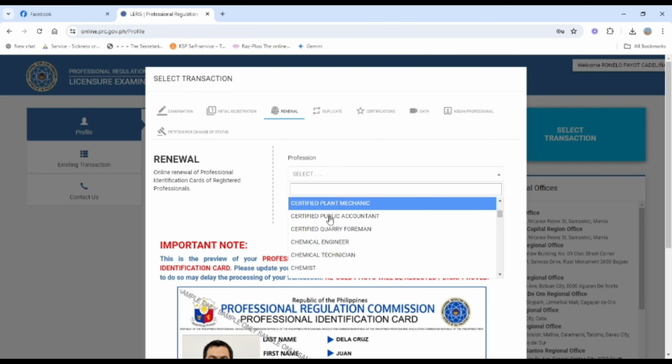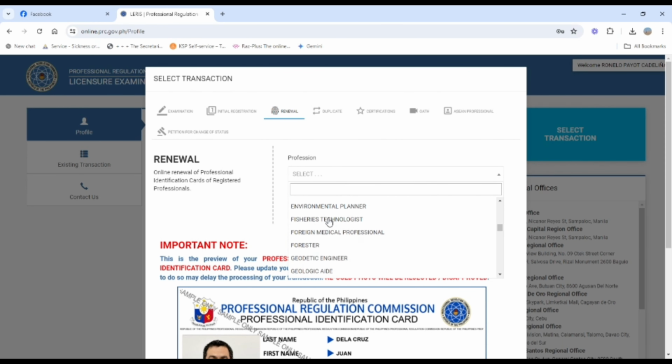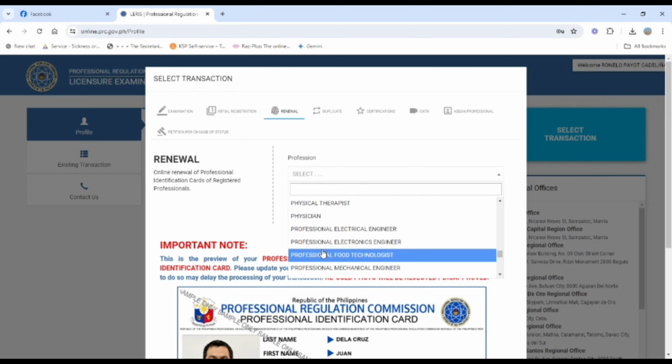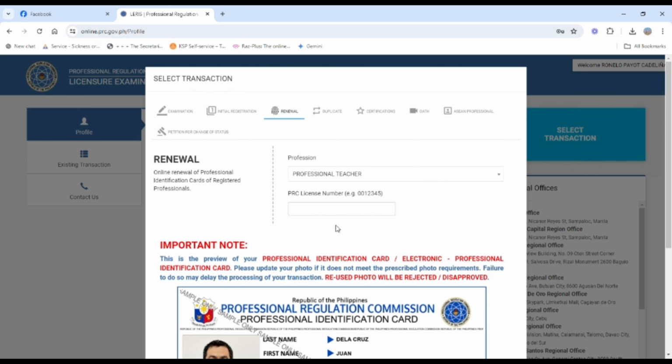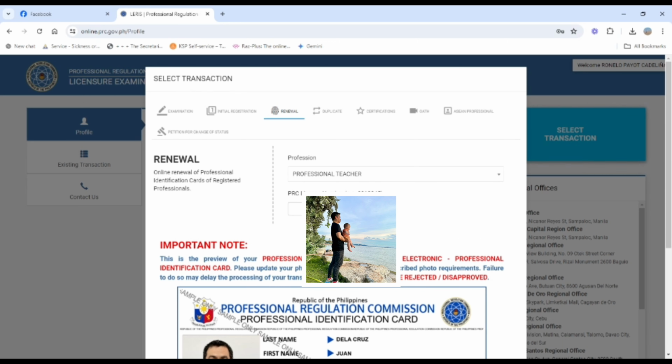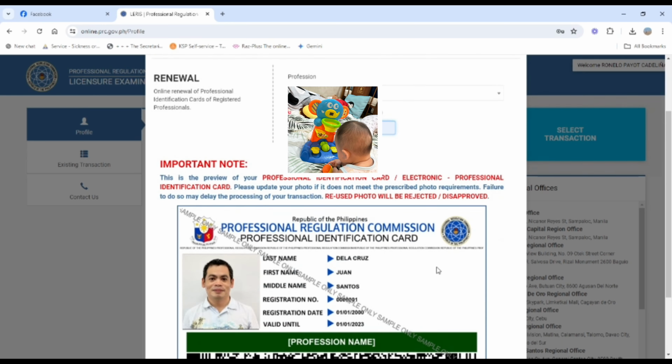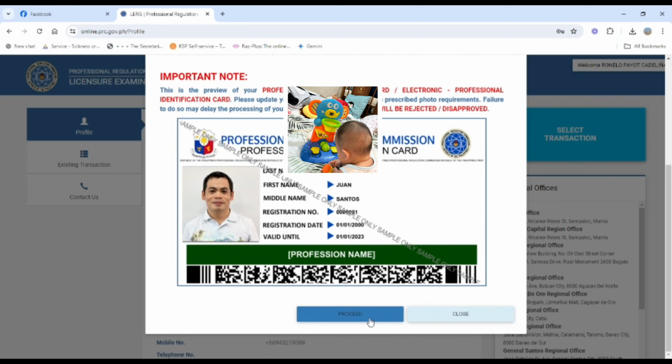Then you select your profession. For me, a professional teacher, so I will look for professional teacher, and it is here. And then enter your PRC ID number, and it looks like this.